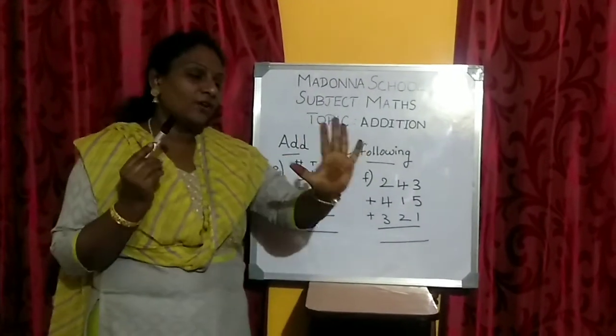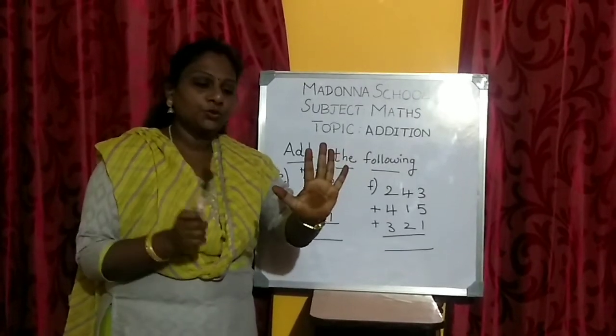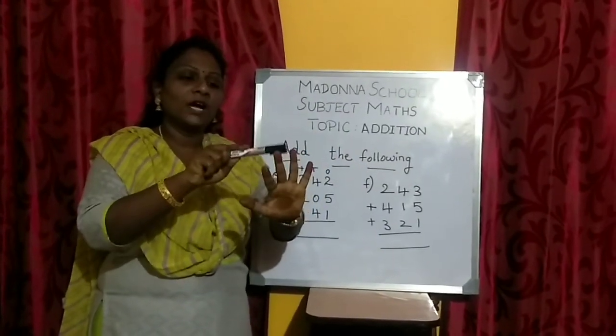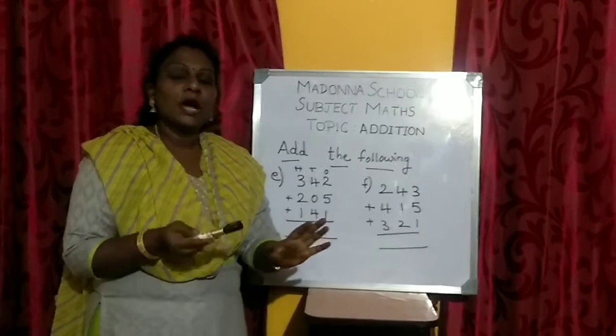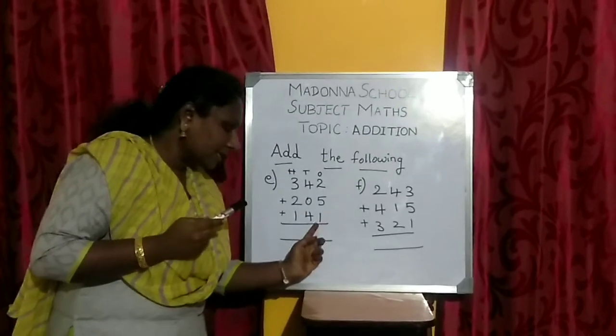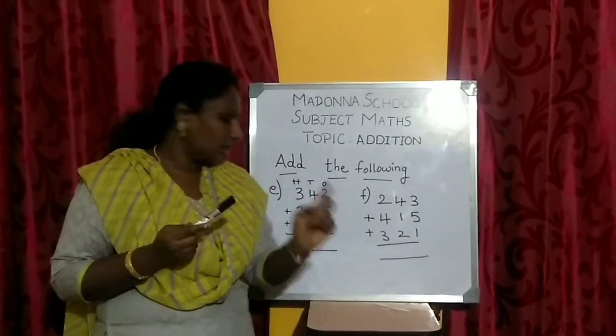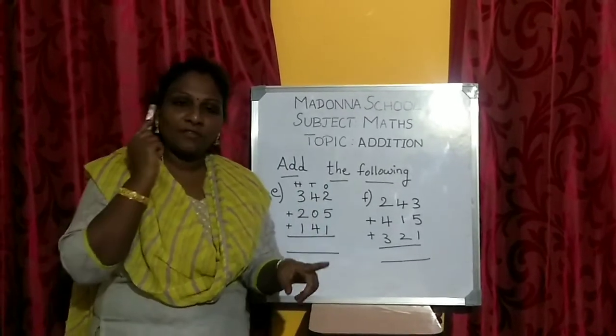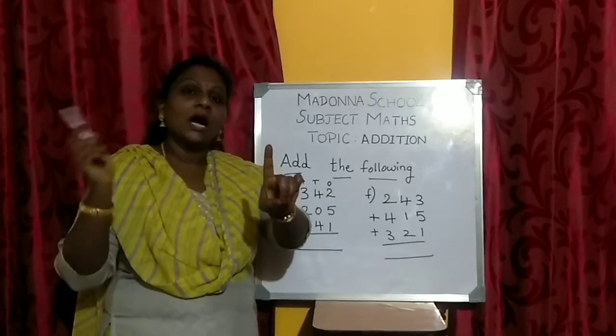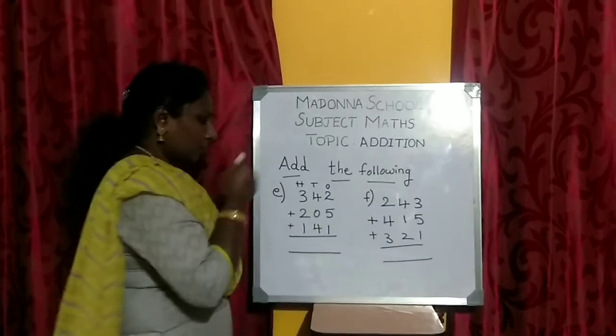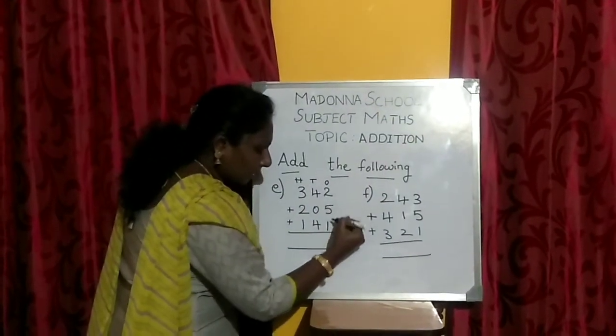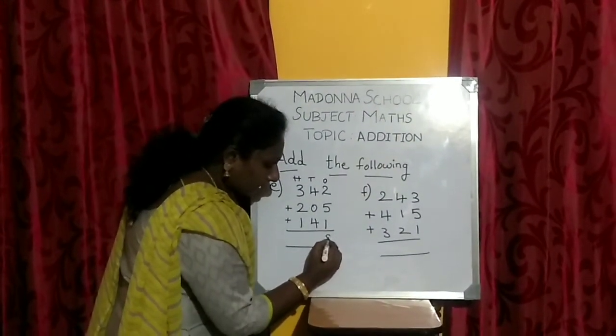2 in your mind, 5 in your finger. After 2, 3, 4, 5, 6, 7. So answer 7, keep it in your mind. The next number, show it in your finger. Third number, show it in your finger. So 7 in your mind, 1 in your finger. After 7, 8. So 2 plus 5 plus 1 equals how much, children?